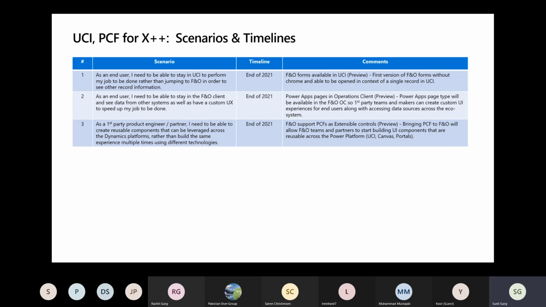So that is the first scenario. The second scenario is the reverse, which is we should be able to pin any UCI form, which is either a model-driven app or a custom app, into finance and operation. That is possible today, but there are some enhancements being worked on as part of the second scenario. The third scenario is basically making sure that the PCF controls are applicable and available for finance